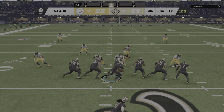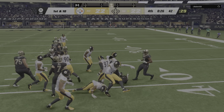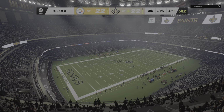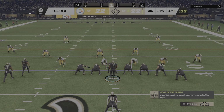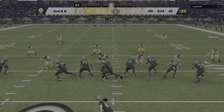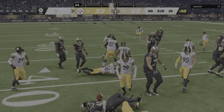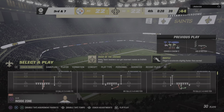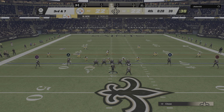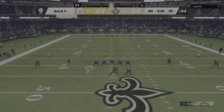Winston to give, it's Kamara. And he can only manage to get a couple. 2nd and 8 coming up. The Saints going to call the first of their timeouts as they'll stop it with 25 ticks remaining on the clock. Kamara gets it again on 2nd down. They're making steady progress, but I see your face. You're worried about that clock. I'm worried about the clock, and at some point you have to have a splash play in there as well. Brings up 3rd and